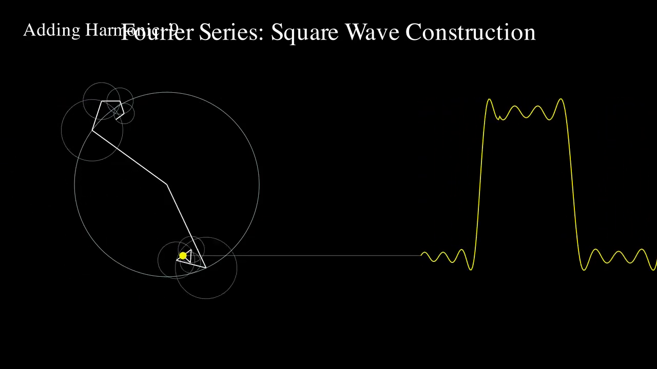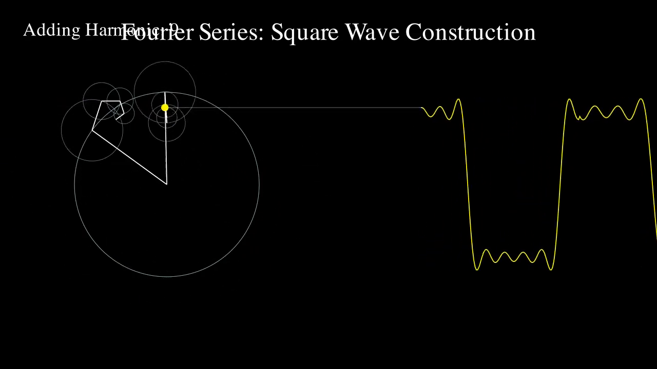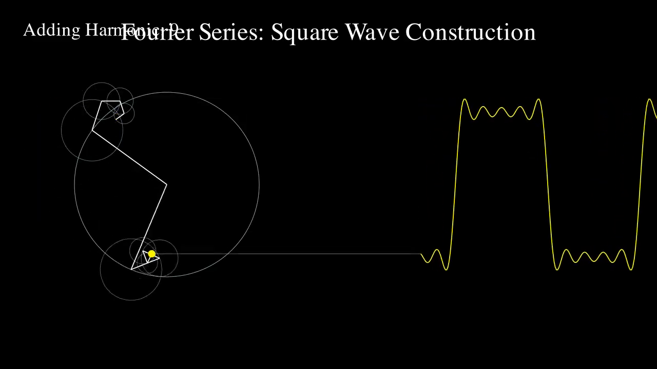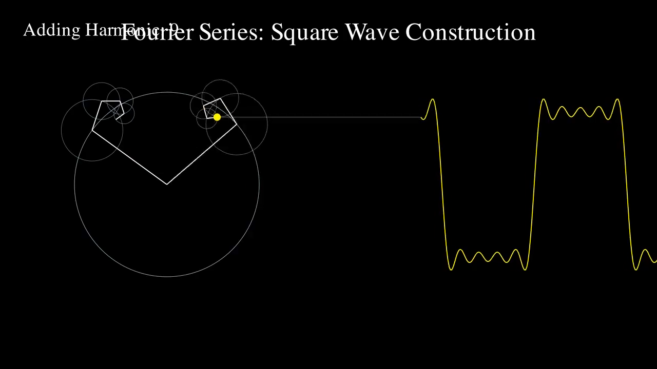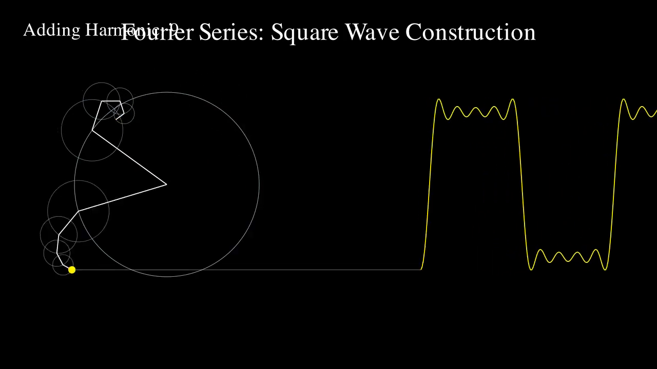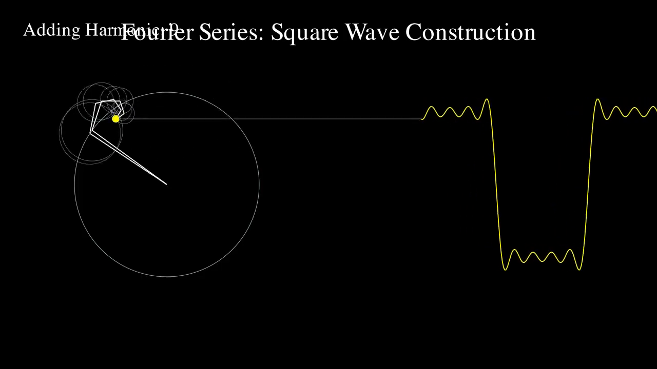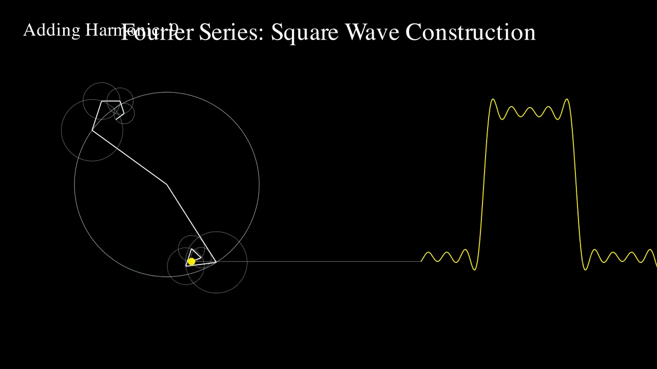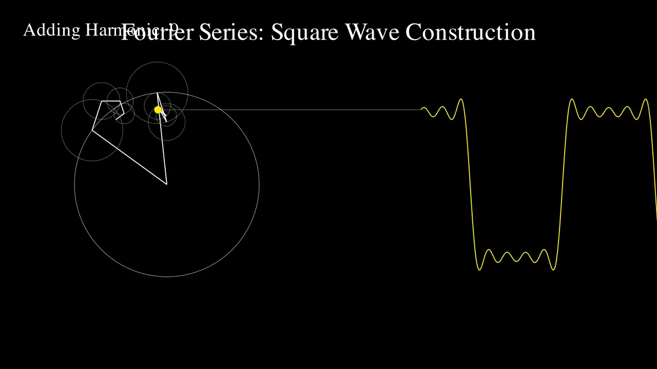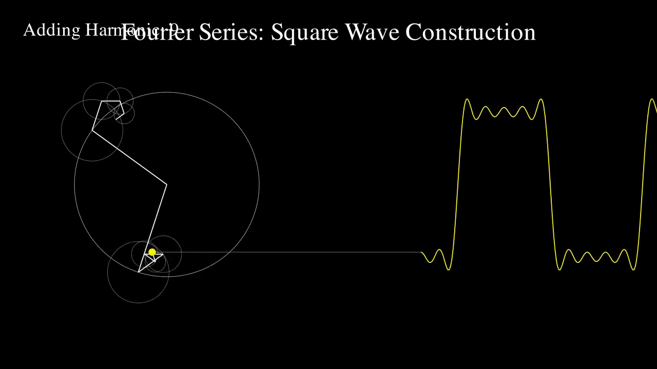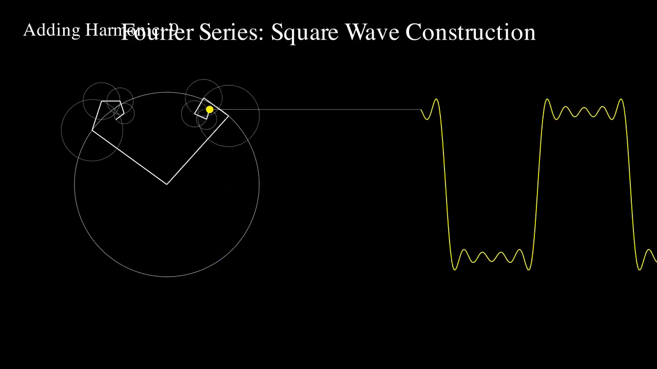Finally, we add the ninth harmonic. With just these first 5 terms, the first, third, fifth, seventh, and ninth, we have achieved a recognizable square wave approximation. If we were to continue this process to infinity, adding smaller and faster circles forever, this shape would become